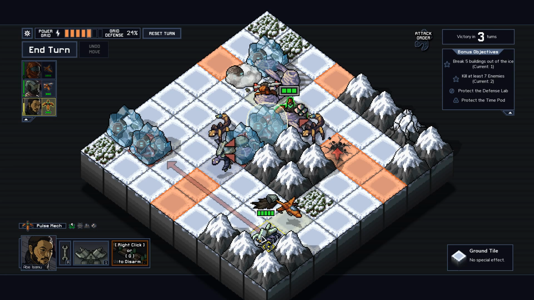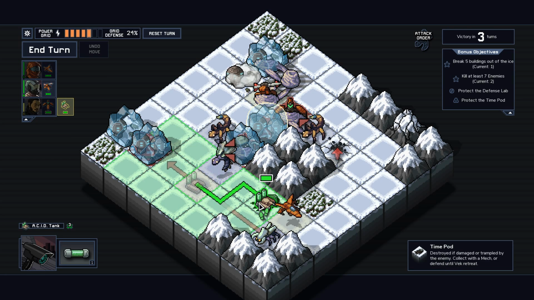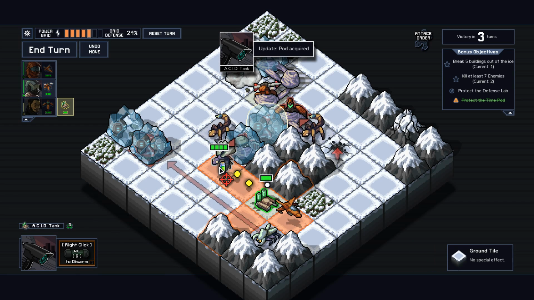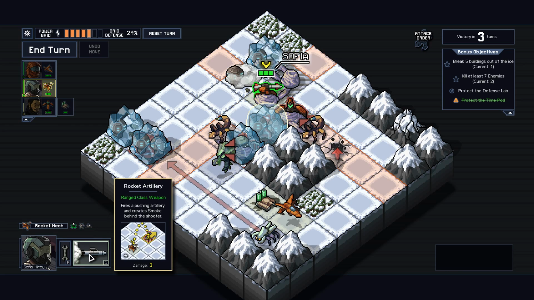This guy's actually got the most health, so maybe he acids that one. Oh, he can't acid that one and get out of the way. He can only acid this one. Oh shit, could he get the time pod? He could get a time pod and acid this one. Holy fuck. That's an excellent move. Let's definitely do that. So he is going to...